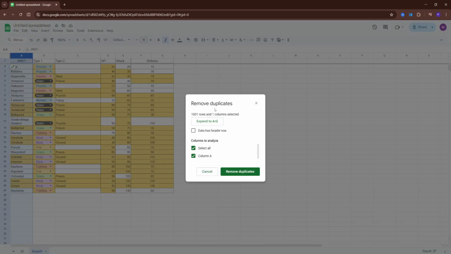Now a pop-up window will appear. So check the data has header row, if your top row contains titles, so in my example it does, then select which column to analyze. If you only want to remove entries where the description and date are identical, check only those columns. And when you are ready with that, then just